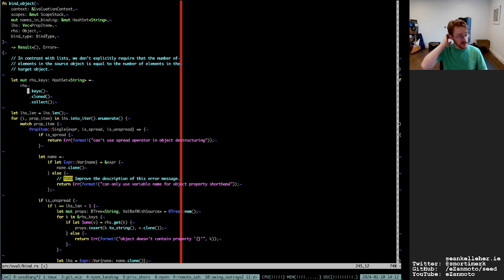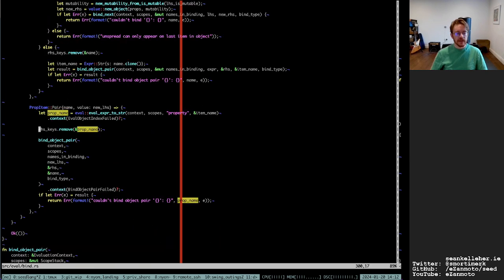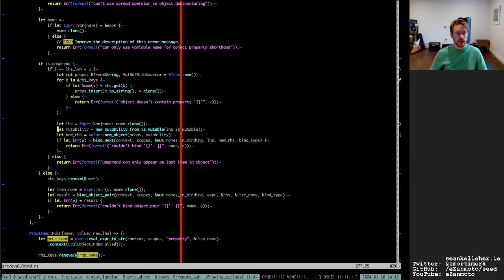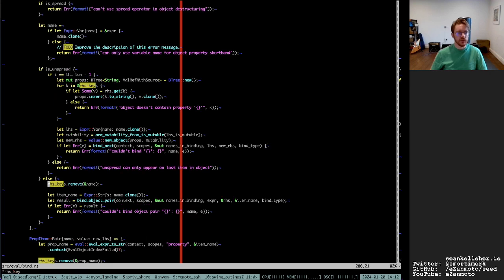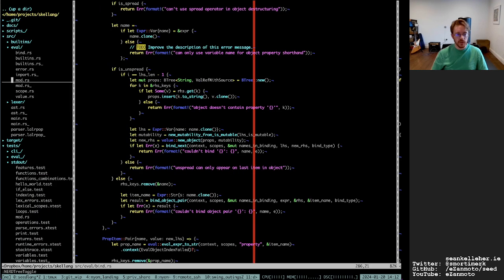I'm collecting the keys from the right hand side, and that's to ensure we don't... Oh yes, so it's for the gather operator, and maybe I'll omit that for the moment.